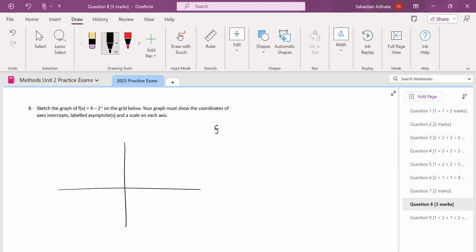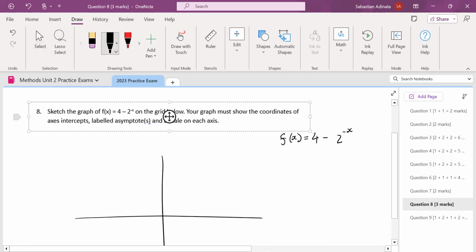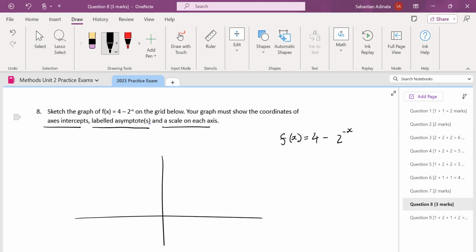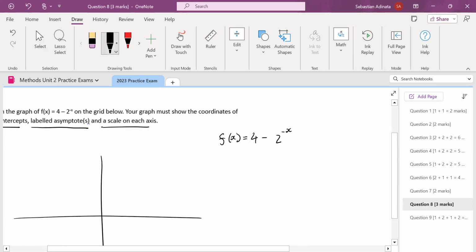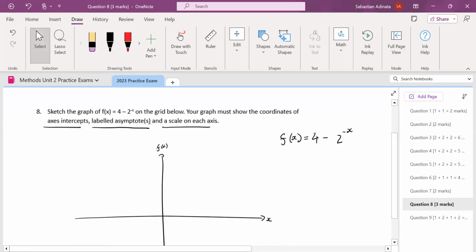So sketch the graph f of x equals 4 minus 2 to the negative x. Your graph must show the coordinates of the axis intercepts and labeled asymptotes and a scale on each axis. X and y here now. Or we can put f of x. Let's start with